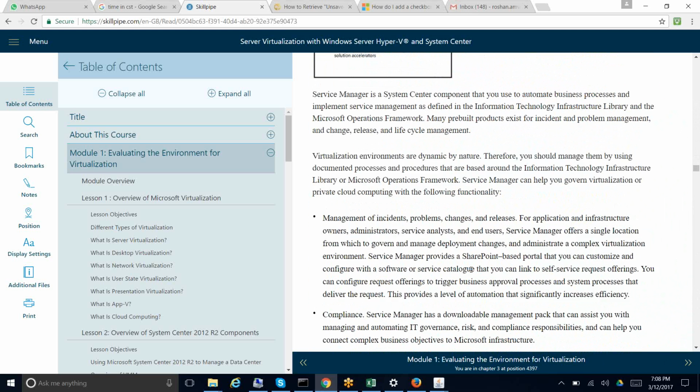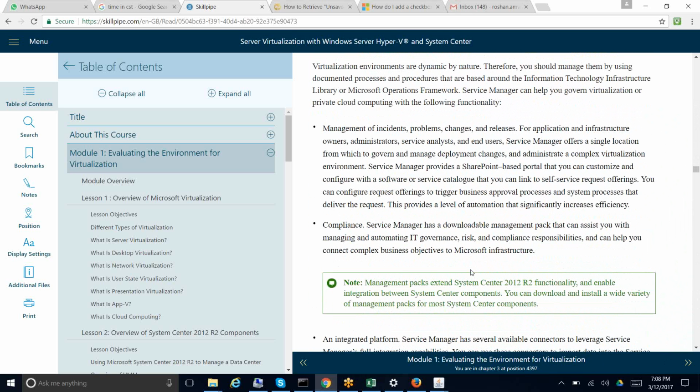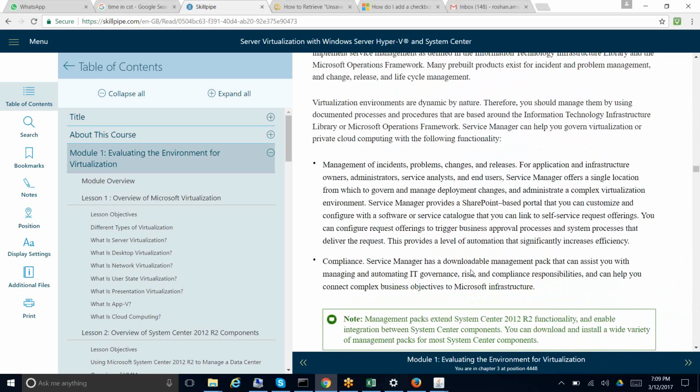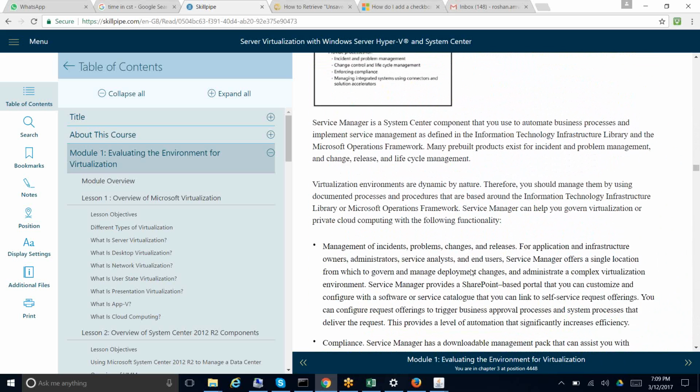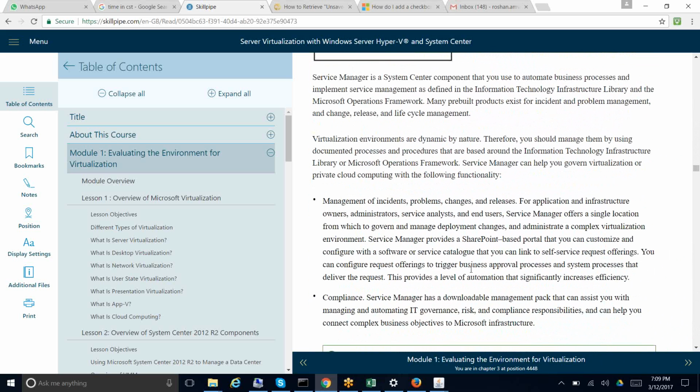Service Manager. This is a tool. This is a reporting tool, not a reporting tool. I'm so sorry. It's a ticketing tool. Service Manager is a ticketing tool where you create tickets. Service Manager is a System Center component that you use to automate business processes and implement